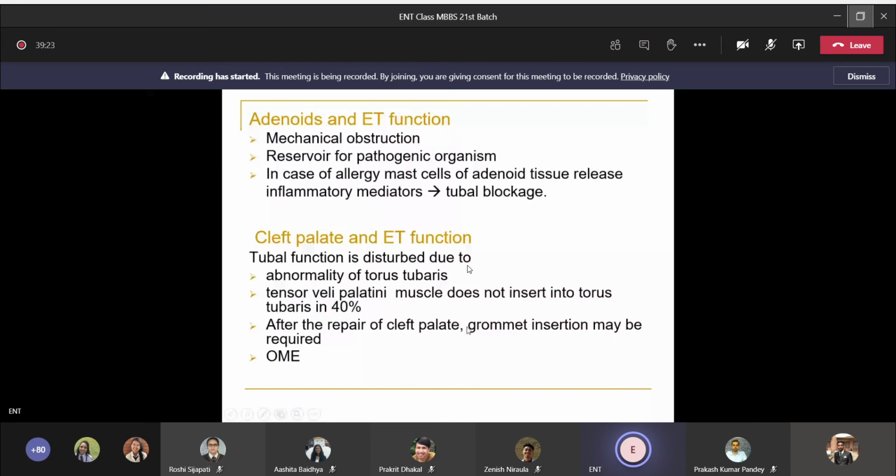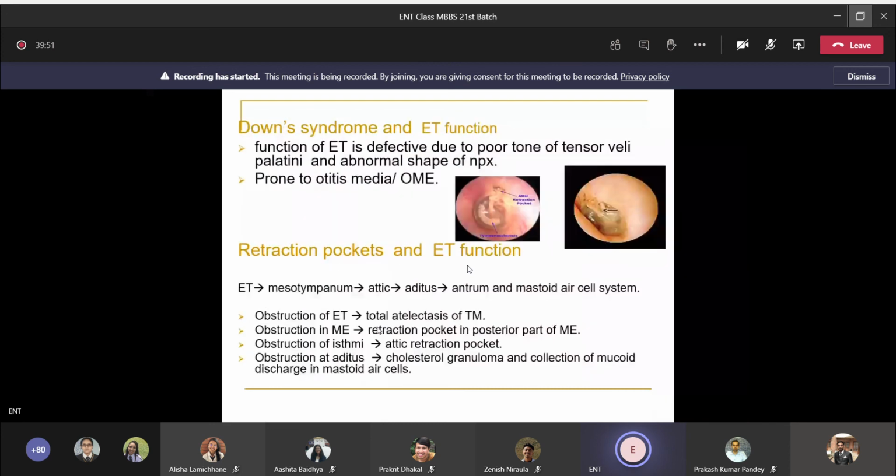grommet insertion may be required because the eustachian tube is not properly maintained, most of the time along with cleft palate. Now another is otitis media with effusion, which is very common if there is a cleft palate, leading to eustachian tube dysfunction. Now, presence of Down syndrome: whenever there is Down syndrome, there is poor eustachian tube function